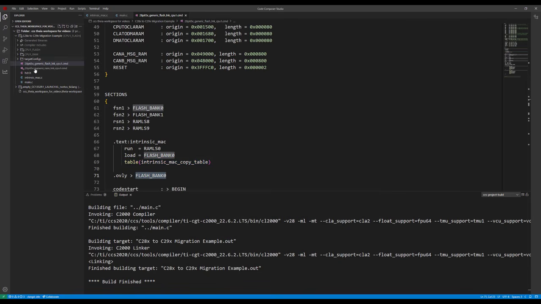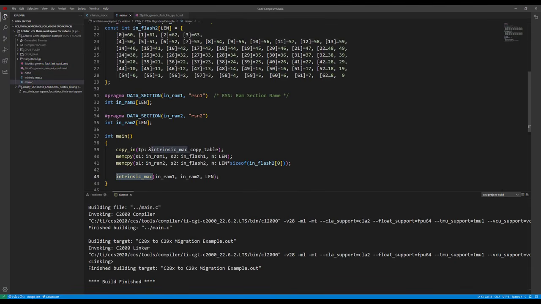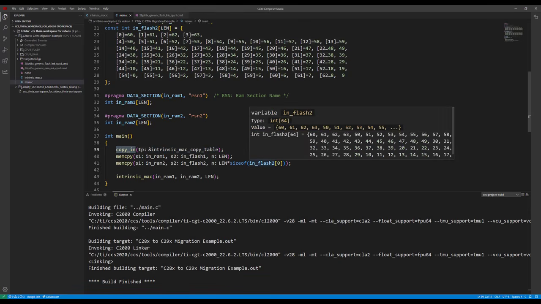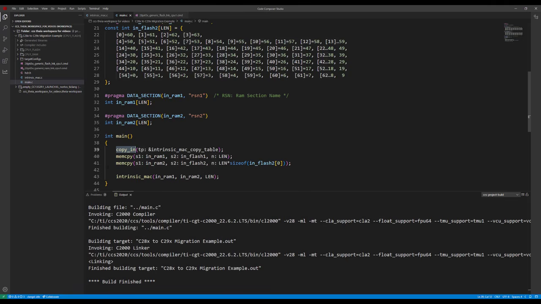So back to main.c, and now I can finally talk about the copy in call. So we've seen how the intrinsic Mac copy table is created in the linker command file. This copy in call will actually read the load address and the run address and the length and so on. I'm sorry about all this.